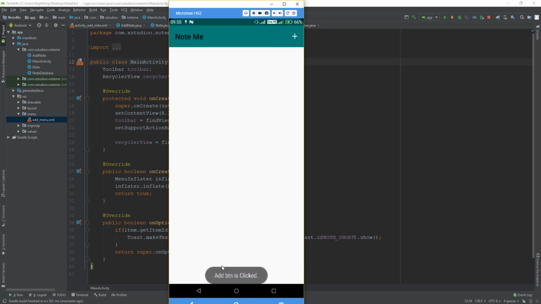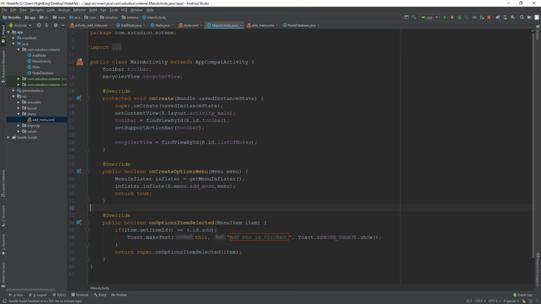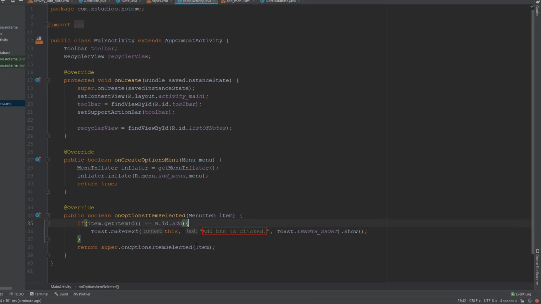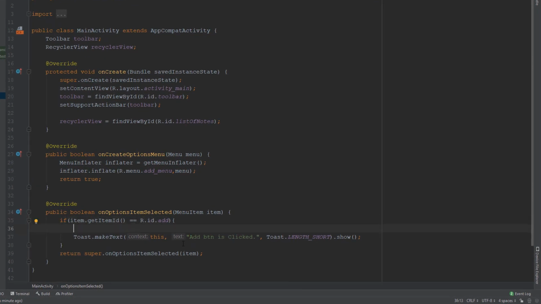Okay, so now what I'm going to do is start the new activity that we have already created, AddNoteActivity, when somebody clicks on this button. So for that we need to go to this onOptionsItemSelected method, and here I can start a new activity whenever somebody clicks on this item. Okay, so for that I need to use